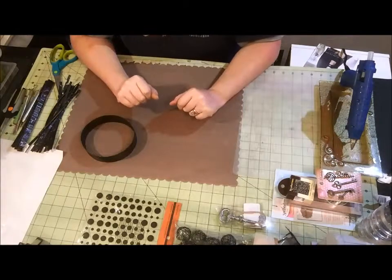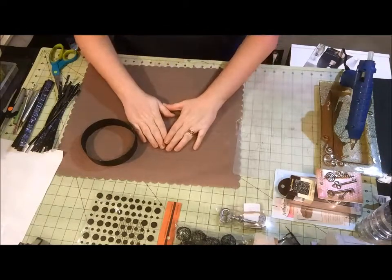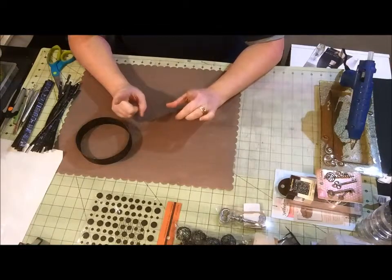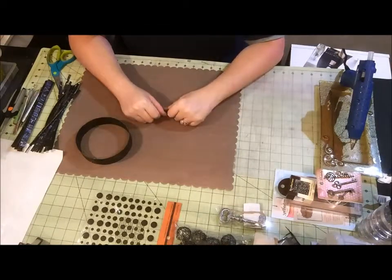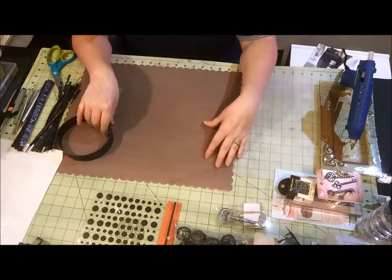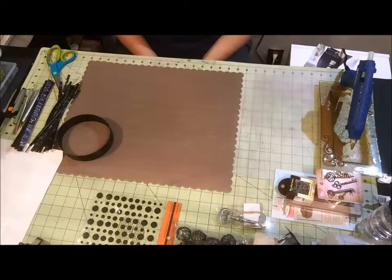Hi crafty friends! Today is Waste Not Wednesday, so I have a special video, and as you can see I'm trying out a new camera angle, so we're going to see if that works. I don't know if you'll be able to see close enough, but I'm hoping that the shadow and things will